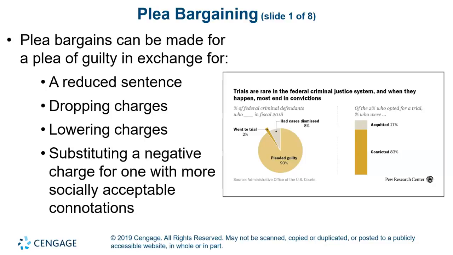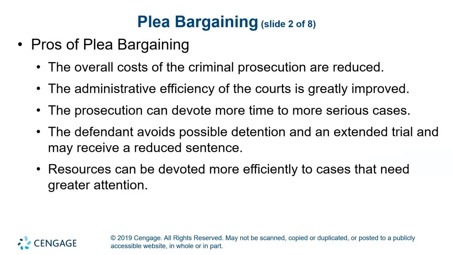A lot of times these plea bargains are like a one-shot thing. And it could be that you might feel pressured. It could be a roll of the dice, right? Let's say you're looking at 10 years in prison, but they offer you a plea bargain for 3 years. If you go to trial and you lose, you could get 10, but if you take the plea bargain, you could get 3, but what if you didn't do it? So you can see that there could be some pressure to take a plea bargain.